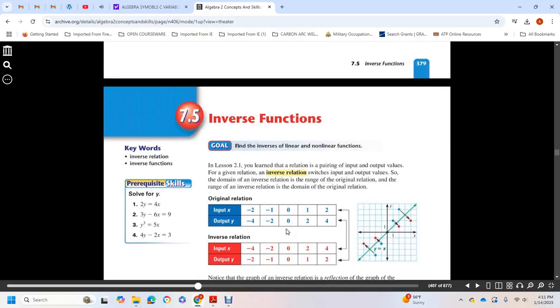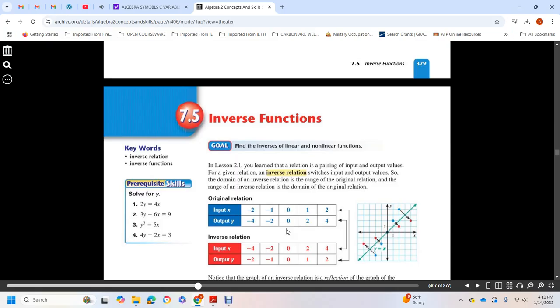7.5 Inverse functions. Lesson 2.1. You learn the goal: find the inverse of linear and nonlinear functions. In lesson 2.1, you learned that a relation pairs input and output values. Given the relation, an inverse relation switches input and output values: the domain of the inverse relation is the range of the original relation,